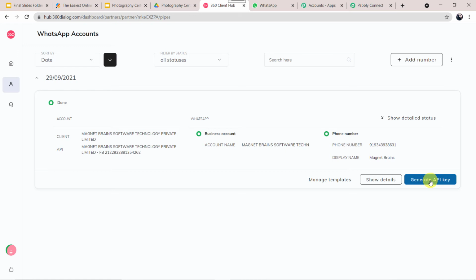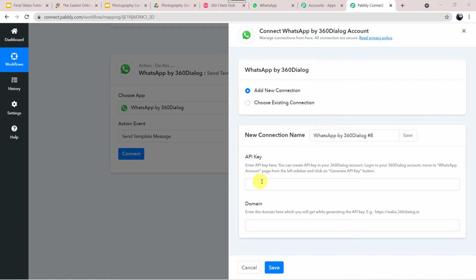As I have already generated the API key, I am not going to generate the key again, and I am going to use the same API key which I have already created. Okay. Once the API key is created, we don't have to generate it every time we create a workflow. The same API key can be used for different workflows also. Okay. So I'll just move back to Pabbly Connect, and here in the API key option, I'll just paste the API key.